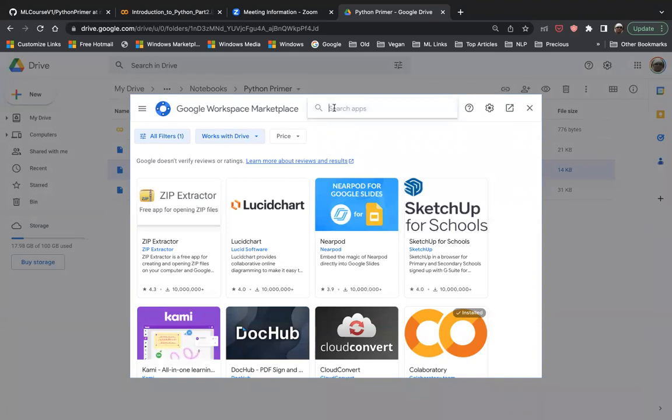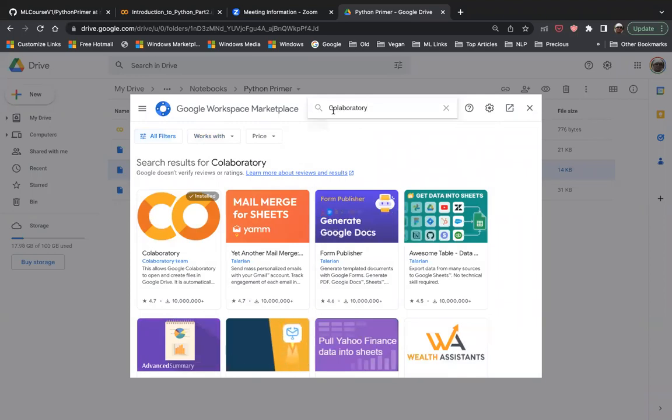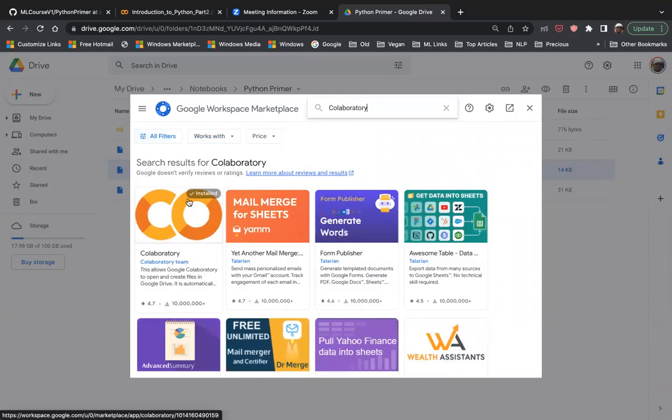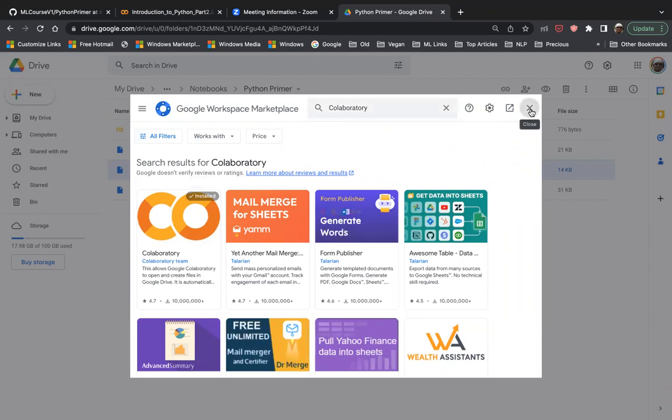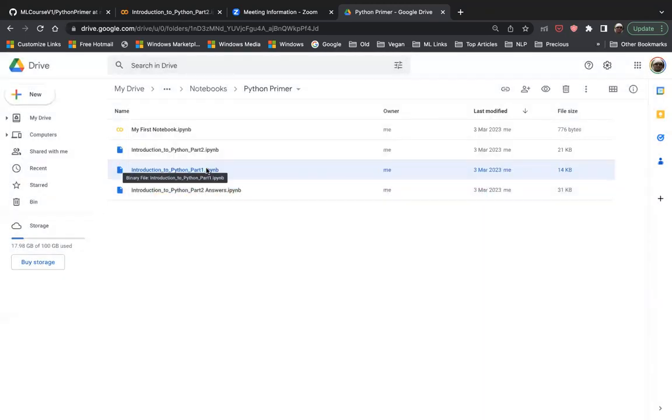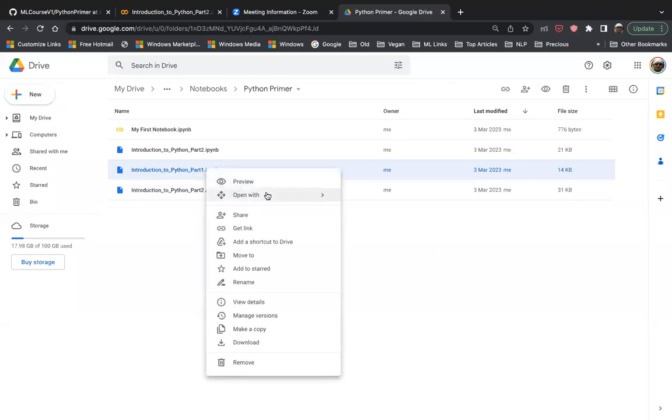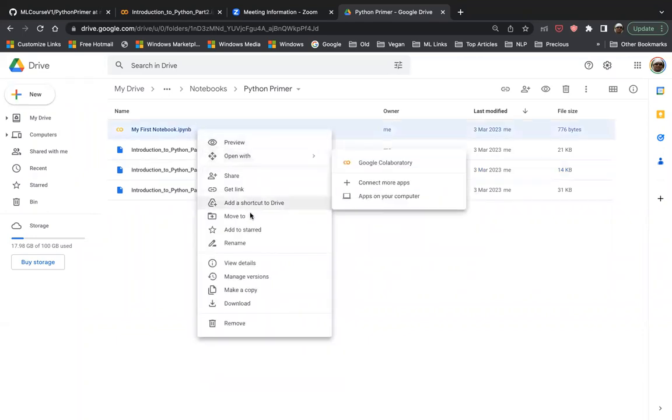And then you can search for Colaboratory, which will show you this Google Colaboratory symbol. There is an option to install it here. In my case, it's already installed, so it's showing installed. Otherwise, you install it, and once installed, it will show you a tick symbol saying installed. Then you can come back again and right click and open with. Now you will see an option called Google Colab, right? You click on that and it opens up. That's of course